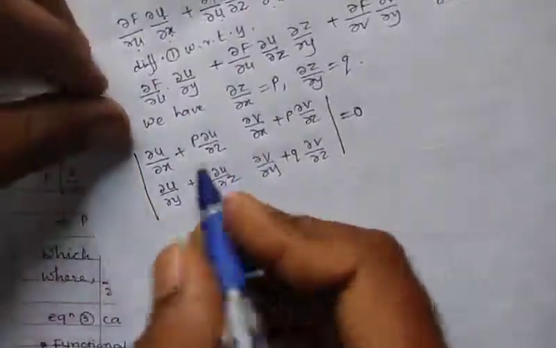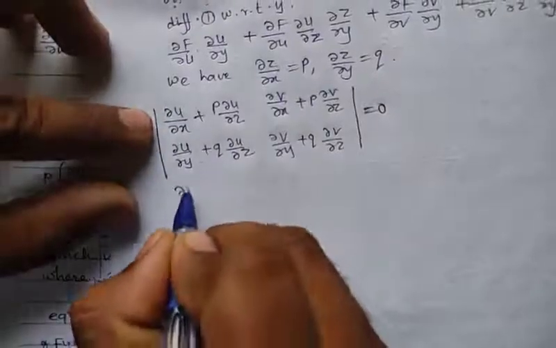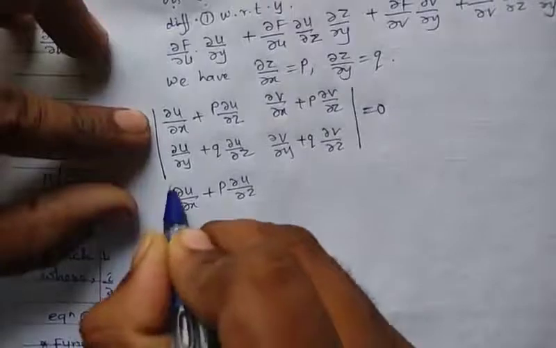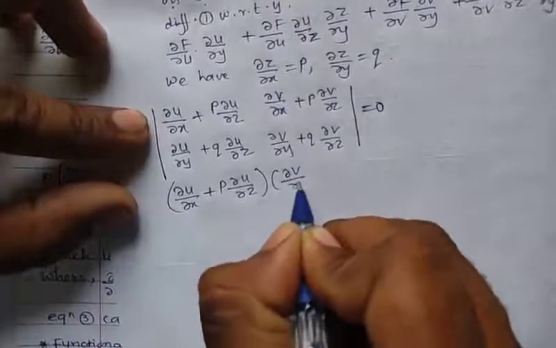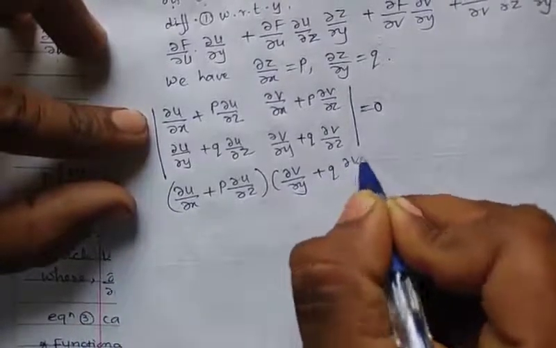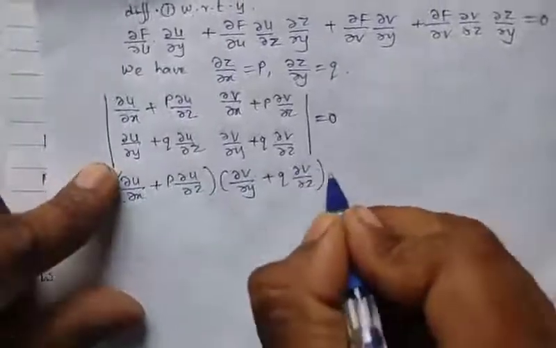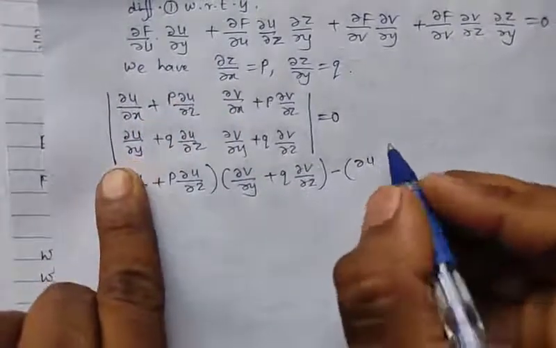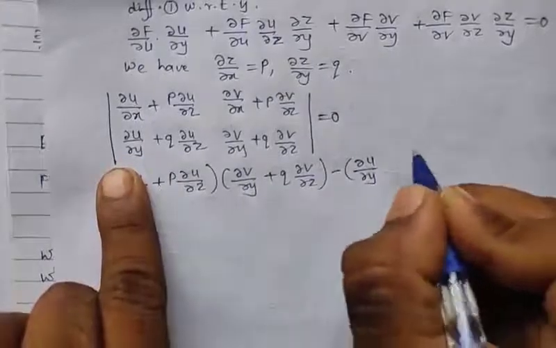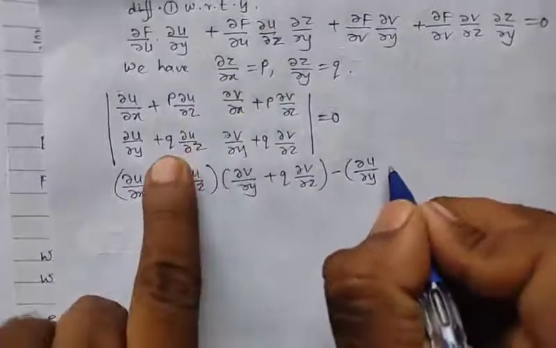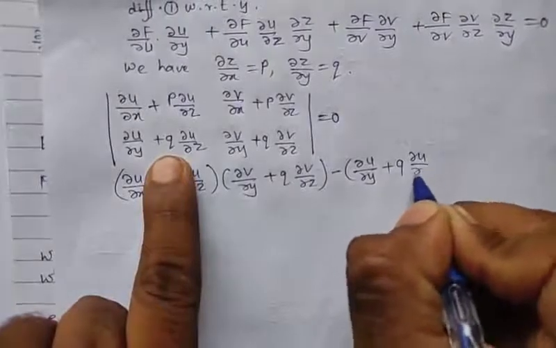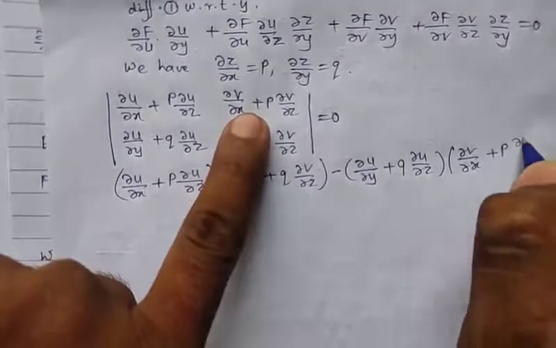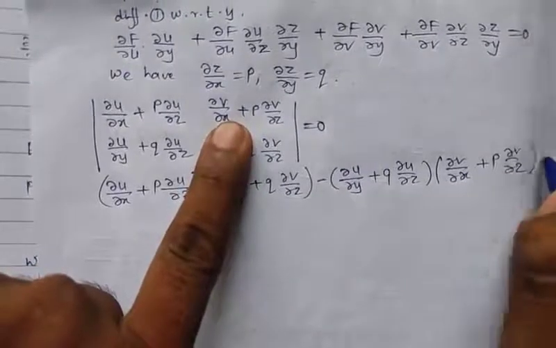So taking its derivative, we will get ∂u/∂x + p ∂u/∂z into ∂v/∂y + q ∂v/∂z, minus ∂u/∂y + q ∂u/∂z into ∂v/∂x + p ∂v/∂z, equal to